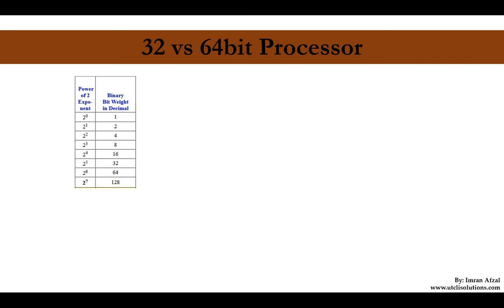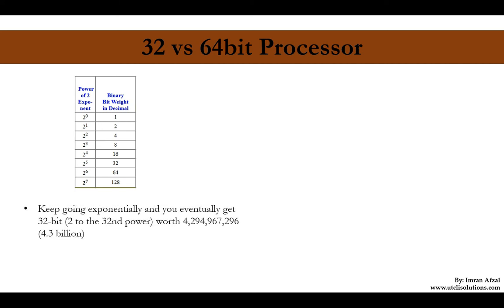If it is 2 to the power of 3, then 2 times 2 times 2 equals 8, and so on. So if we keep going to 2 to the power 32, then eventually you're going to get the 32-bit worth